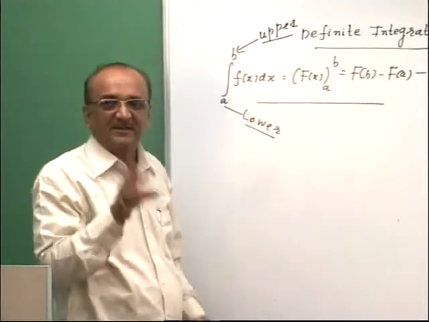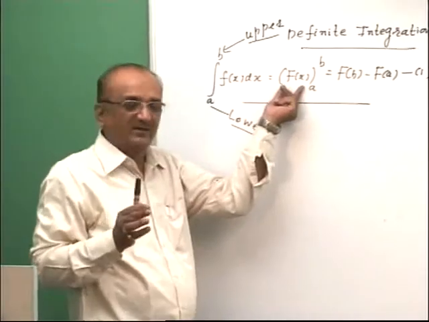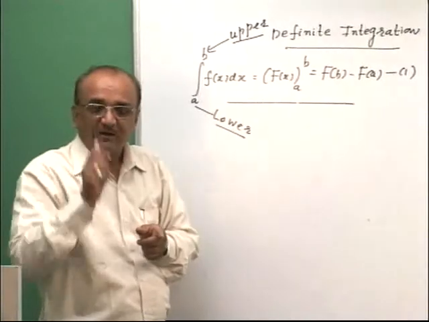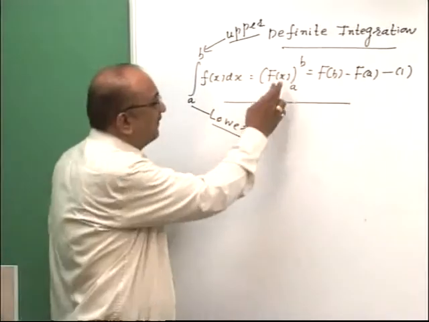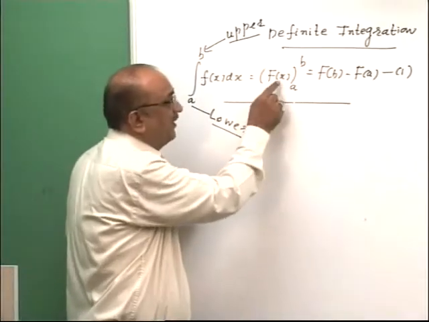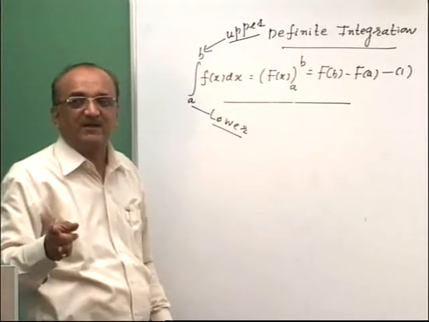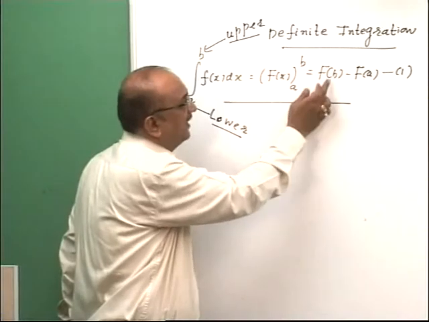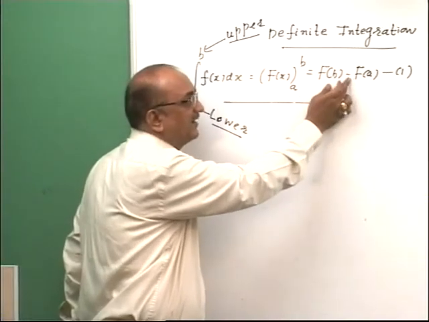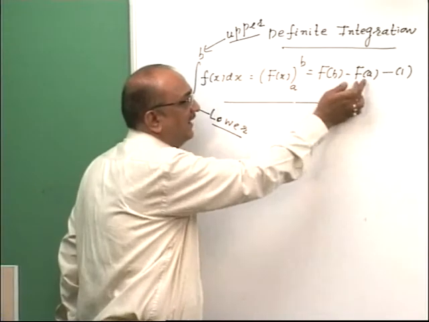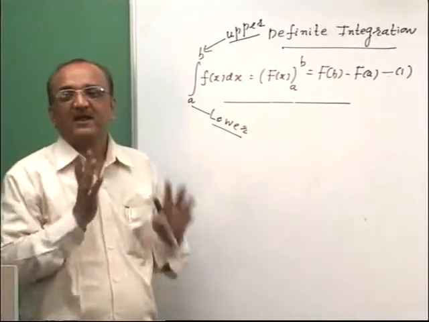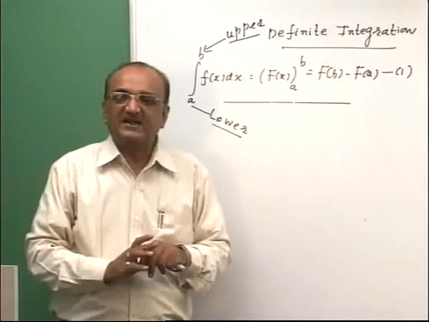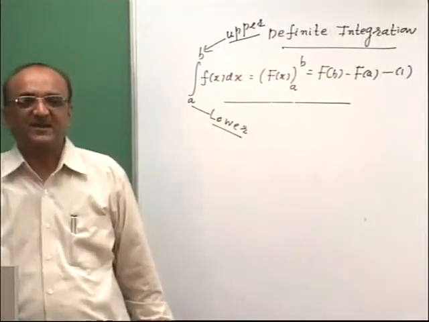After completion of integration, what to write? Integrated value running from a to b. What is the upper limit? b. Lower limit a. After completion of integration in the function, instead of the variable, you have to substitute the upper value. Put x equal to b, what we get? F(b). Minus, put x equal to a, what we get? F(a). F of upper minus F of lower. This point is said to be the definition of integral calculus.